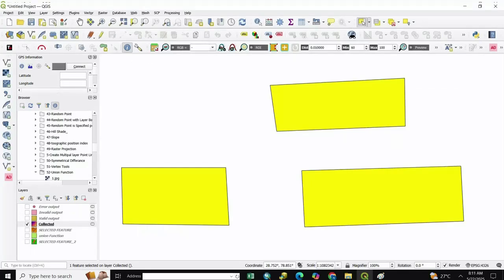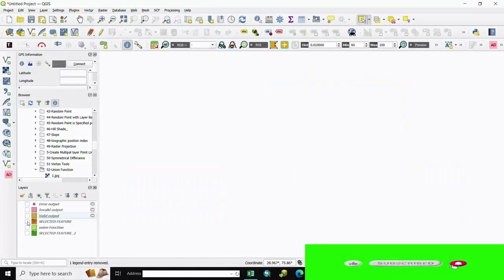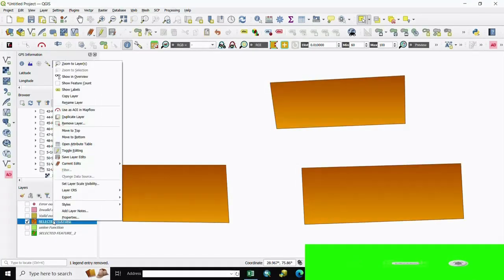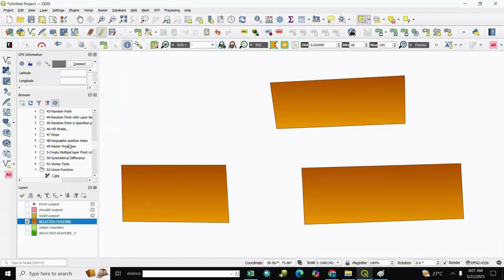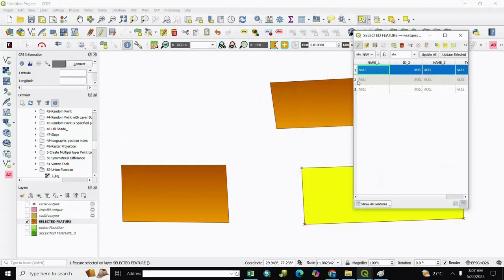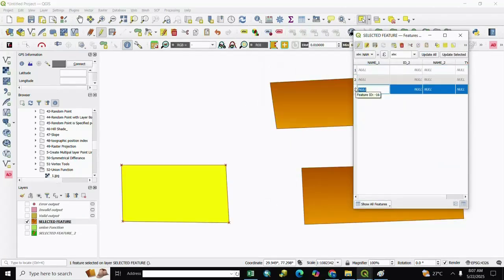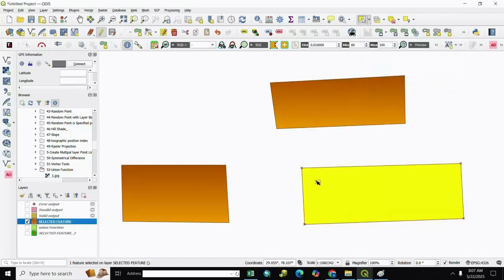For collecting geometry, here is our feature layer with 3 features. You see here, right click and go to attribute table, and here are 3 features, 1, 2 and 3, and we select different ones, 1, 2, 3, as per our requirement.